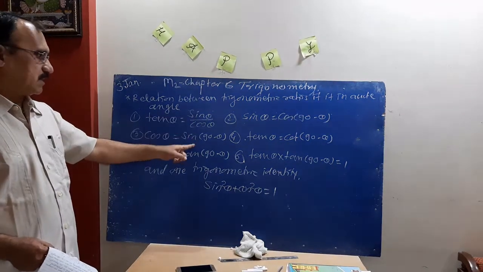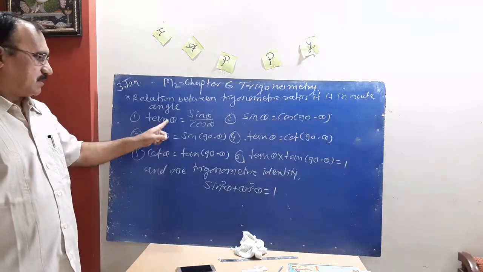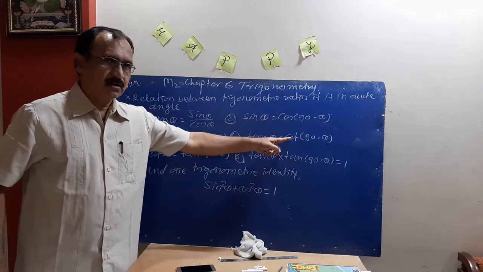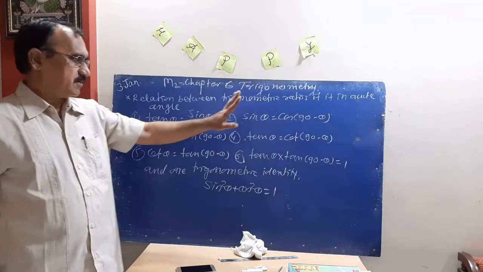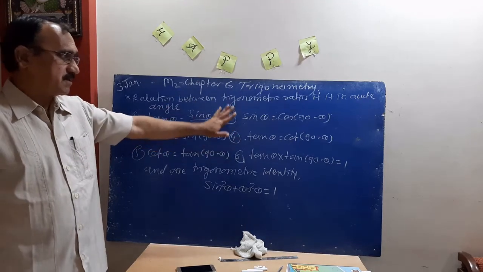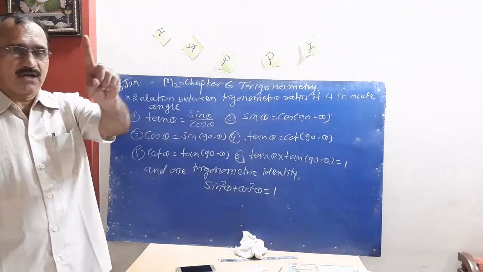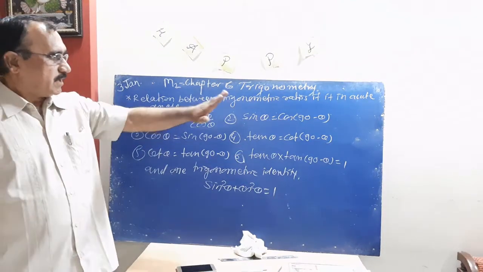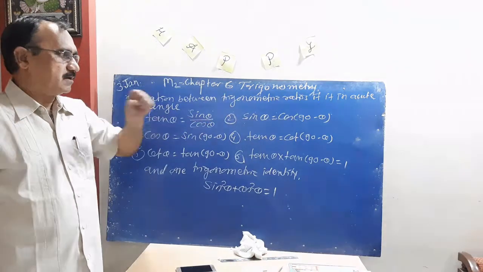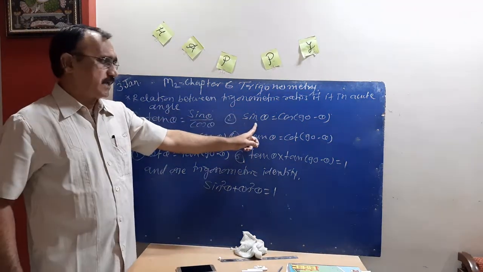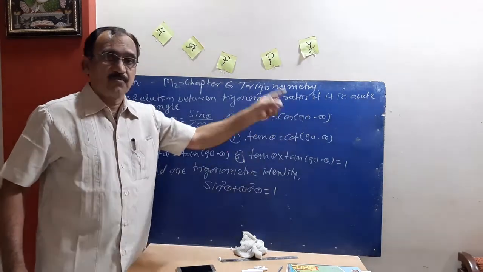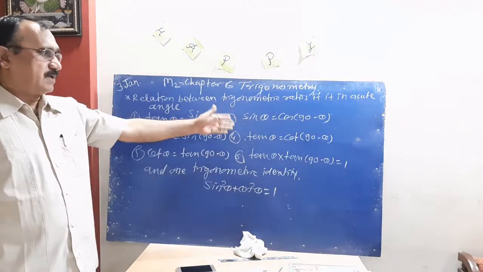Write down this relation. Very simple. Sin cos, then cos sin, tan cot, then cot tan. Very easy. Tan theta is equal to sin theta upon cos theta. We can prove all these identities and relations from one right angle triangle. We can prove any relation or formula with the help of a right angle triangle. You write the ratio of sin theta and the ratio of cos 90 minus theta; both ratios are the same from the right angle triangle. That is the proof of this relation.